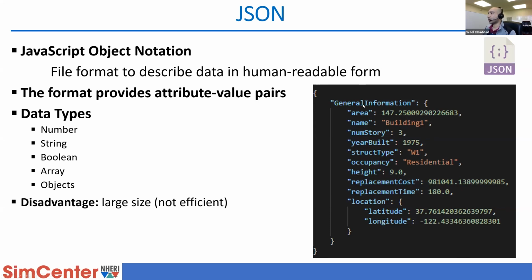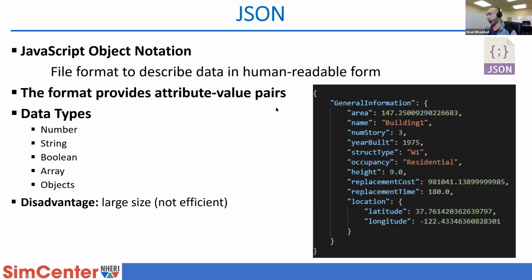Based on the description of the data here, it looks like this is a building that has 3 stories. It was built in 1975. It seems to be made of wood or something, and it seems to be a residential building, and it's located at this latitude and longitude coordinates. So it's a very easy to consume format, and the way it works is it provides data as pairs of